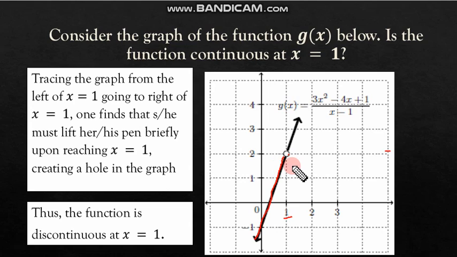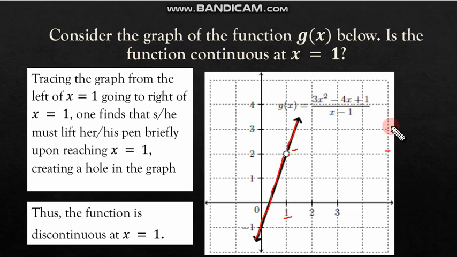Therefore, there is an interruption here, and we must lift our pen at this point. And then we could continue tracing at the right of x equals 1. Therefore, at x equals 1, we could say that the function is discontinuous because